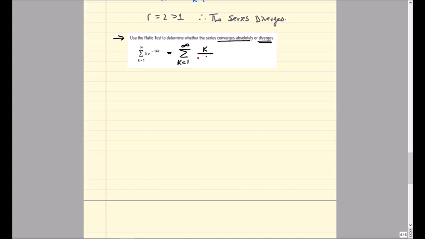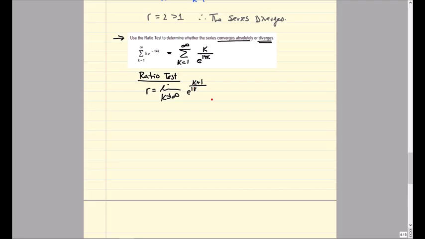I'm going to rewrite that so it's a little bit easier to read. Okay, so that's what we have here. So for the ratio test, I'm going to name my test. All my terms are positive, so I don't need to worry about the absolute value, so I have r here. And r is the limit as k approaches infinity of the next term, k plus 1, over e to the